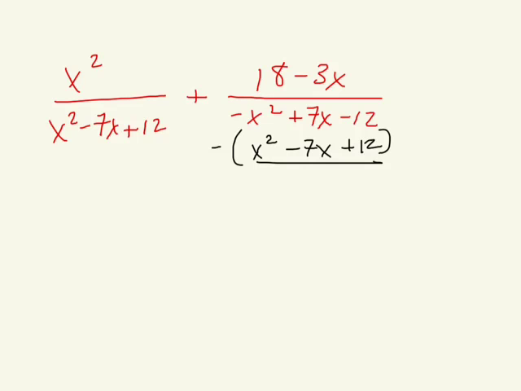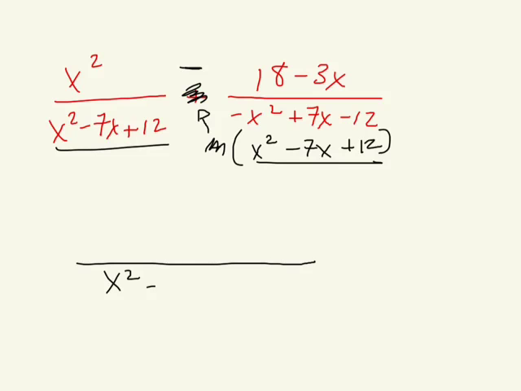And you can see this and this are the same. If we have this negative 1 right here, we're going to actually have it come up here, and it's going to change the sign. If it's plus, it's going to change it to a minus. So this is going to change this to a minus. So you've got to make notes of that. Okay, so we do have the same denominator. We have x squared minus 7x plus